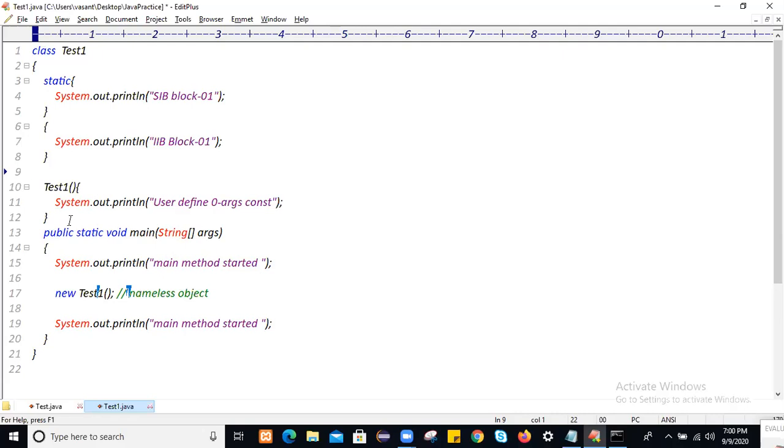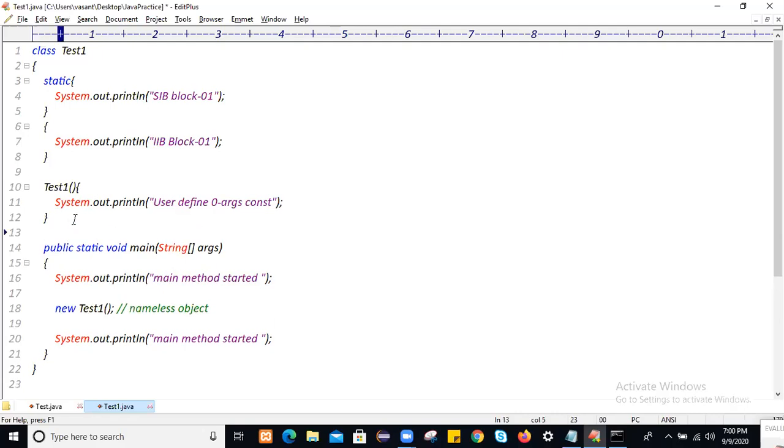Here we will see what will be the output for this application. The output is: very first the SIB will get executed, then the IIB will get executed, and then the user defined zero argument constructor. The IIB execution and constructor execution happen when, within the main method, you create an object. First the SIB will get executed, then after that the main method will start.